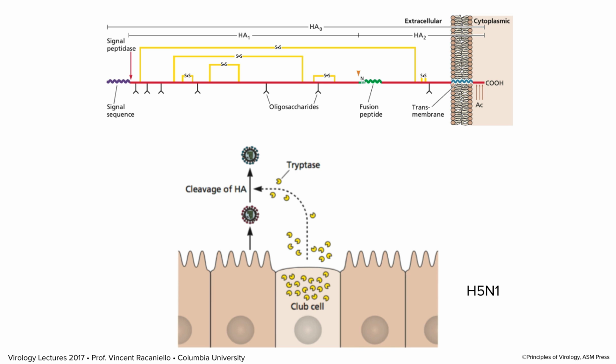The reason is that they have a sequence difference near the fusion peptide. It's called a multi-basic insertion. And that site is now cleavable by proteases that are present in every tissue in our body. Obviously, this is important for me to have told you because it illustrates how you can change the tropism by just putting in a cleavage site here that can be cleaved by an enzyme that's in all tissues. So that's why we're worried about these H5N1 viruses, because they can apparently replicate in lots of tissues, and they're lethal. They're about 50% lethality associated with infection.